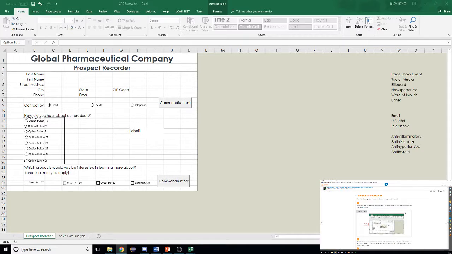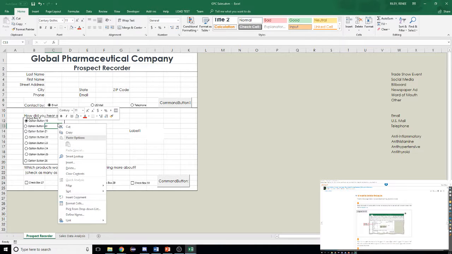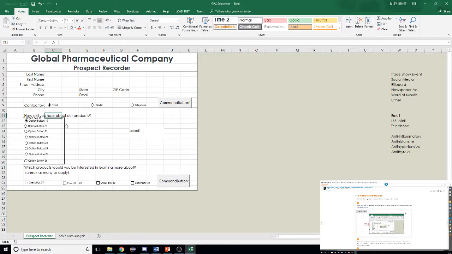Now let's do each of our option buttons in this group. So for our first option button, let's send that group box to back here. I'm going to right click. Maybe. There it is. Now for our first option button, and I know I'm doing this kind of awkwardly, we want to have it say, I'm going to zoom in a little bit, or try